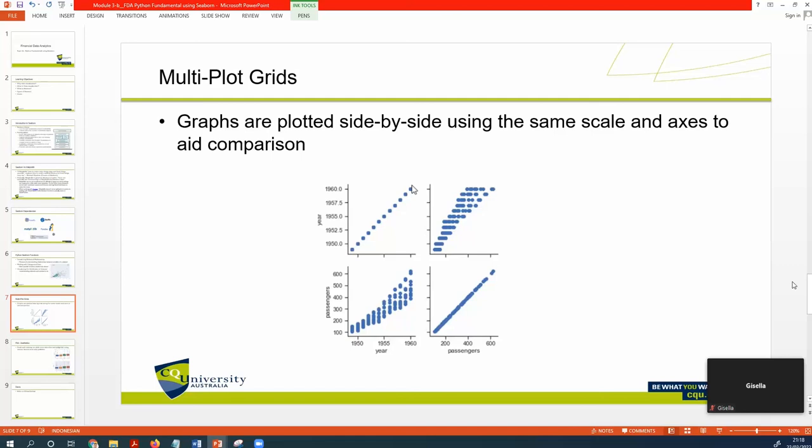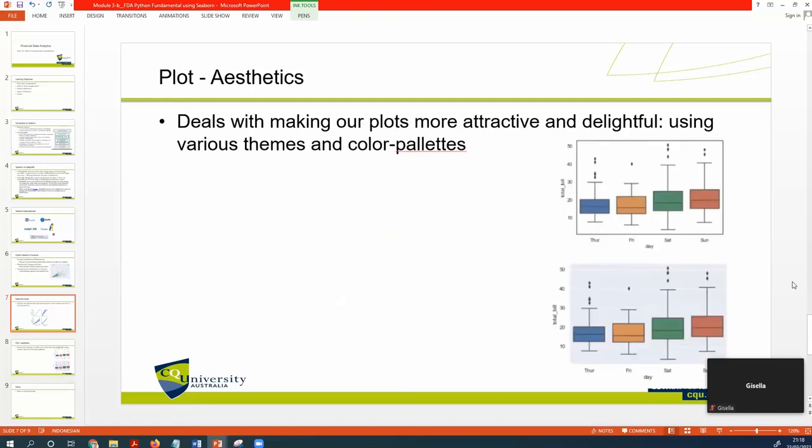Yeah, we can plot side by side. Using the tips data, the flight data, you can do the vertical distribution on the plot. And also with Seaborn, you can make an aesthetic visual using box plot, count plot.